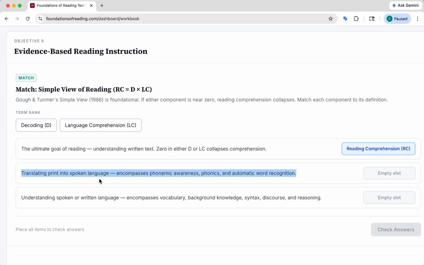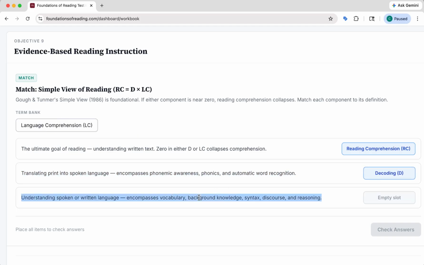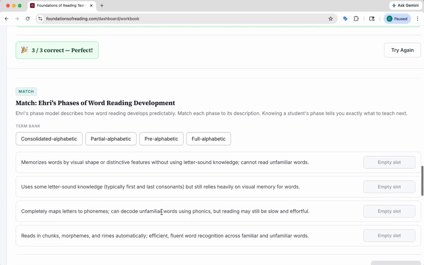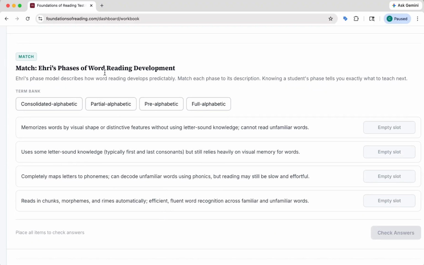Translating print into spoken language, that is decoding. And then understanding spoken or written language would be language comprehension. Let's check our answers, and we got 3 out of 3. Nice job. All right, next up, we're going to be working with more reading development and the models of reading